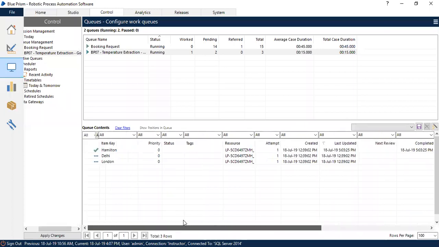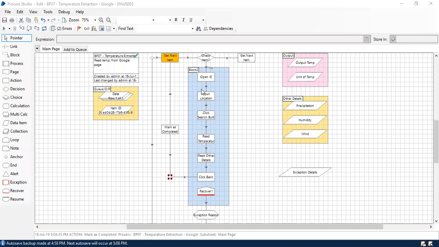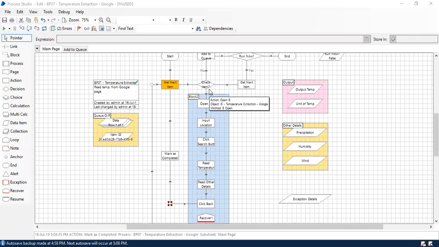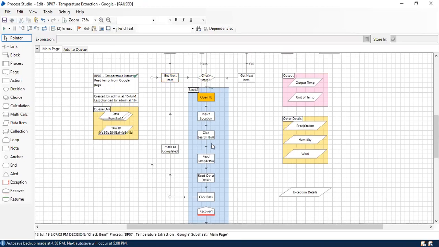Similar to that, if your item goes on exception, it will be marked with a flag where you can see the exception details. So let's see the next case, marking that as an exception. Now let's mark one item as exception and see the same status. Just run that, and I'm jumping directly to read temperature. In this case, it's going to throw an error because you don't have Internet Explorer open and there is no location inserted as well. So you have an exception: failed to perform attach on the target application.